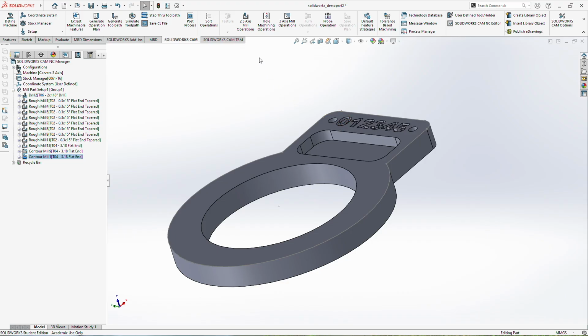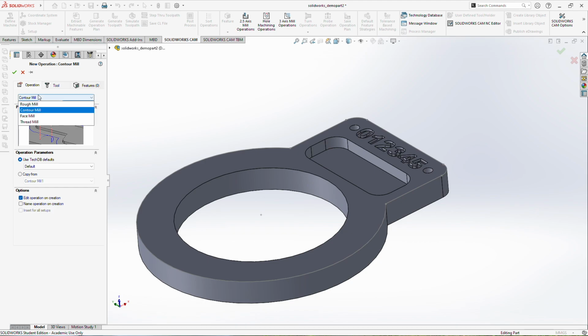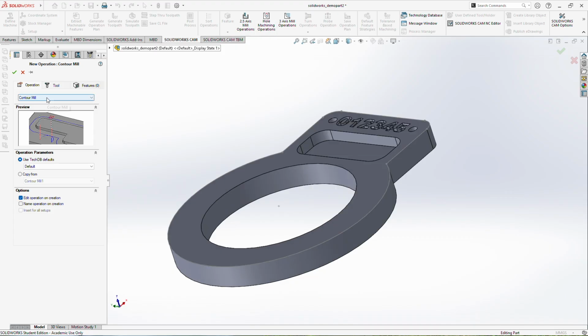So I'm going to create a 2.5 axis mill operation. And you'll see that we have a number of options. We can do a roughing pass if we were going to do a pocket. We can do a contour pass if we were going to cut something, or do a chamfer, which is what we're going to do. You can also do facing and thread milling here. If you were going to do a drill operation, you would choose the hole machining operation button here. And then I could choose to borrow something from a previous toolpath that I've created,